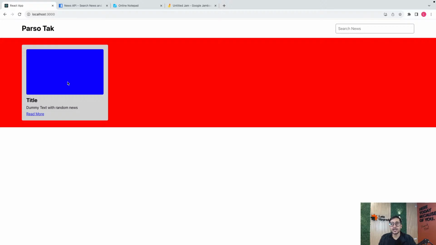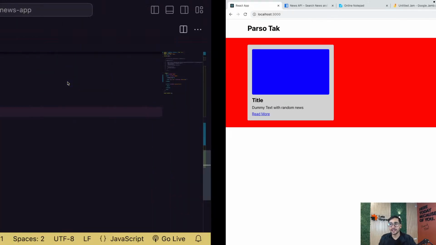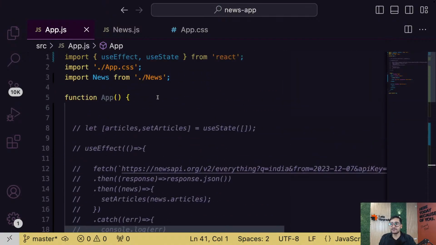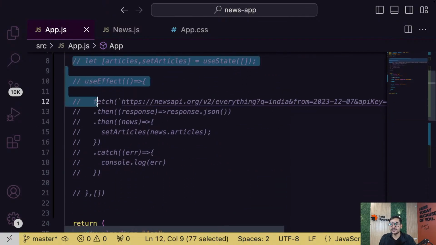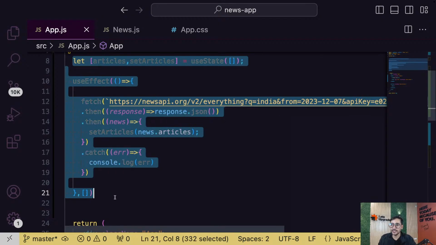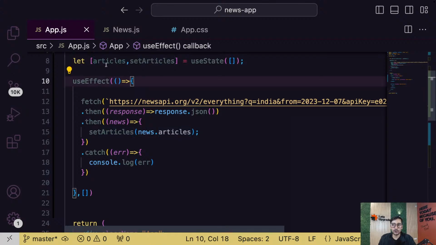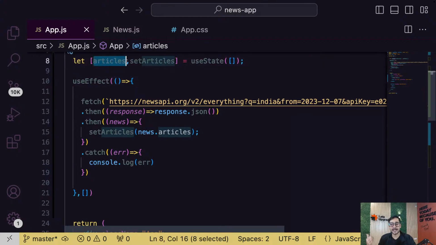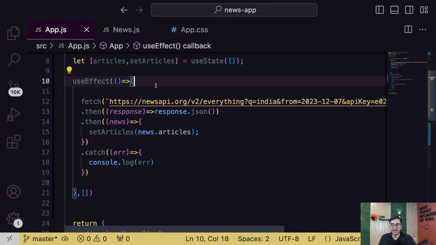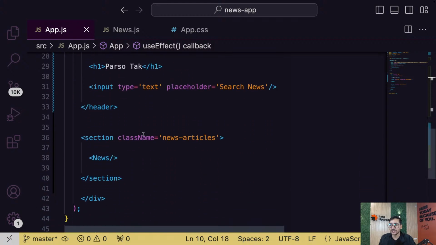Okay. And now we want to generate everything that we have using a loop. And guys, now let's activate our data fetching. Okay. And guys, our data is inside this articles array. Okay. So we want to use this, just like yesterday we used the users array. Here we want to use the articles array because inside this array all the articles are there. So let's go and apply it.